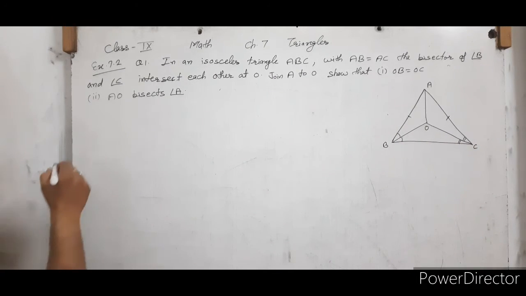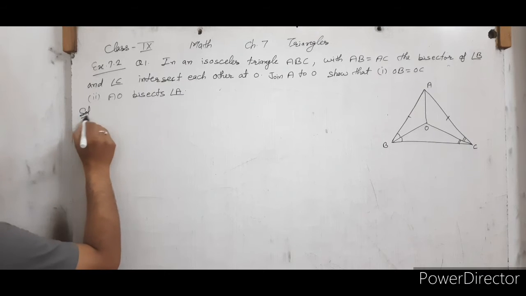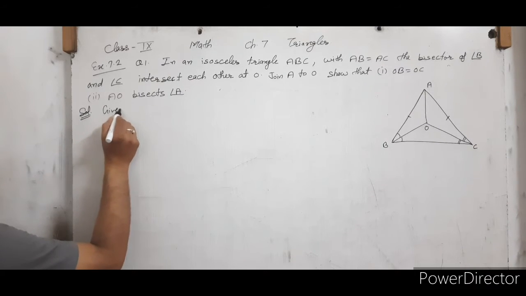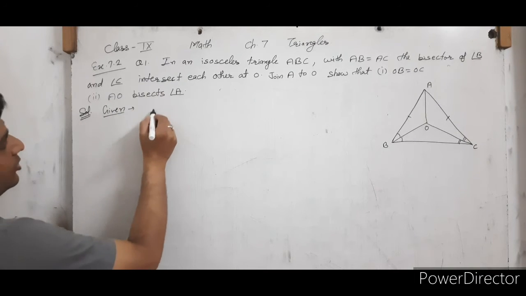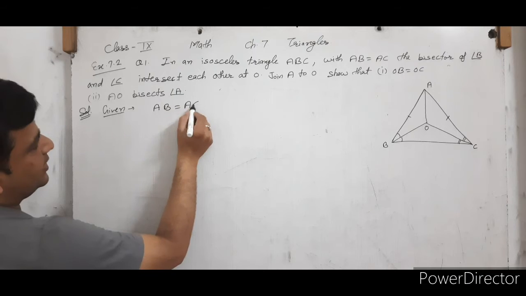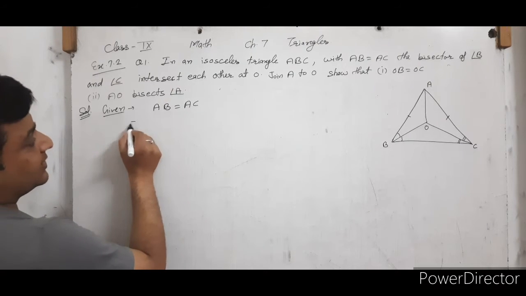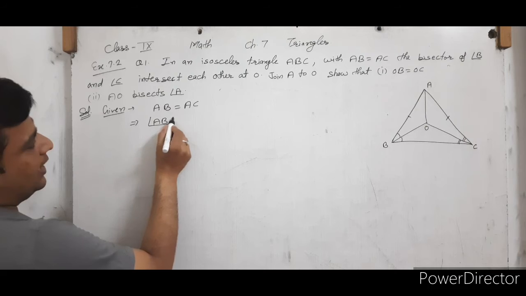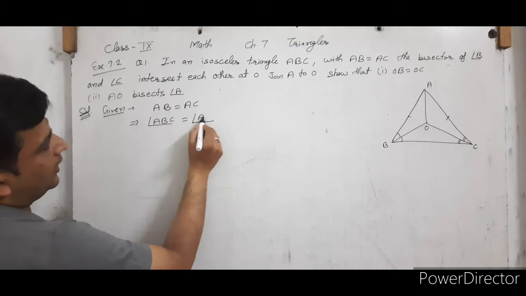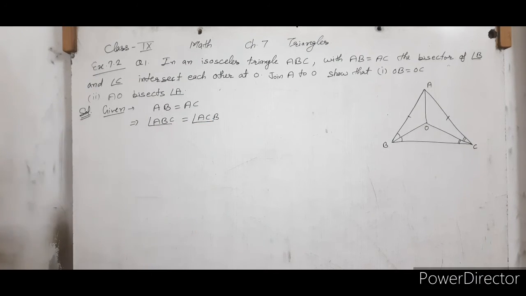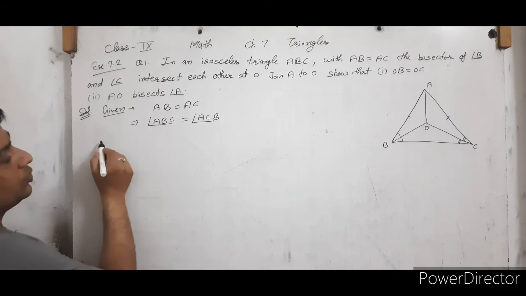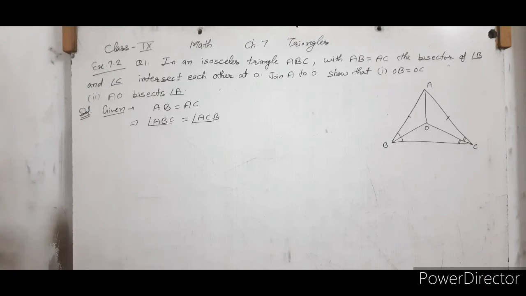So, to prove this part, first of all we will write the given part. Since triangle ABC is an isosceles triangle in which AB is equal to AC, that means angle ABC is equal to angle ACB. These two angles are also equal. And to prove the first part, and the second part, that AO bisects angle A, we have to prove this. And to prove that,